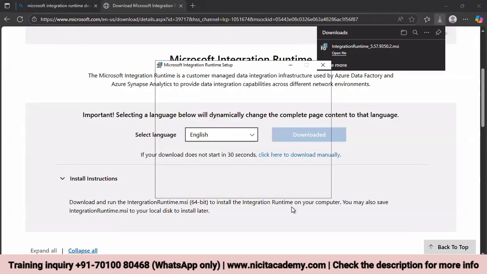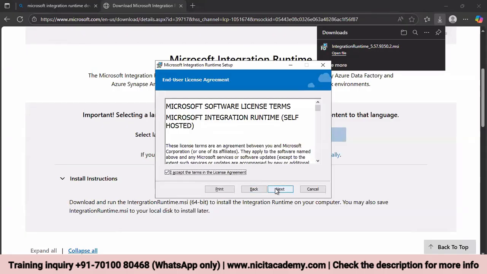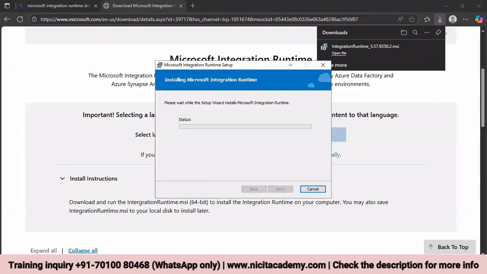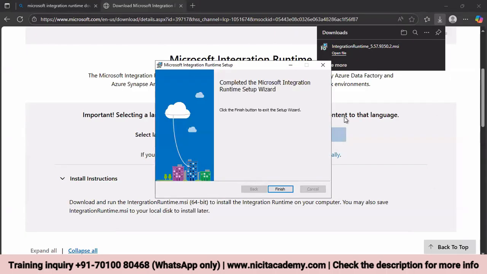Click on next, accept, click on next, next, install. All right, so it's done, right? So the integration runtime is installed. Now, what this integration runtime is going to help me achieve is, so what I said was that this